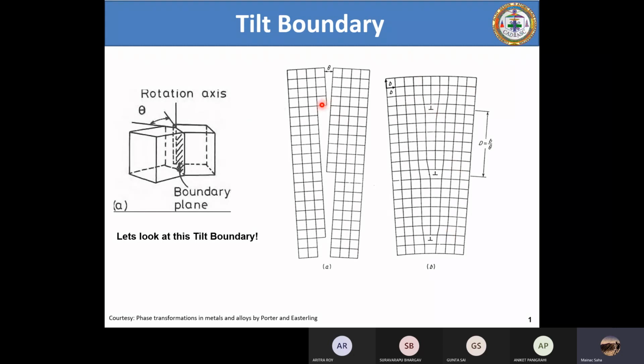So you look at this discontinuity. It's the same thing, this diagram and this diagram, there is no difference. The only difference is coming at this junction, or only at the interface. Otherwise, everything other than that is the same. So you look at the atomic arrangement here, and here. Same atomic arrangement here. Also, it's the same atomic arrangement. Now, where is the difference?